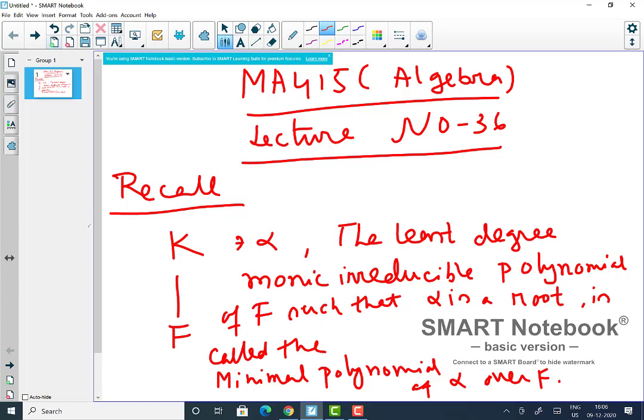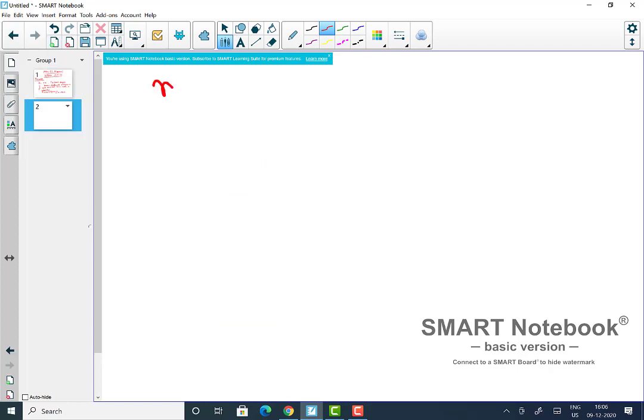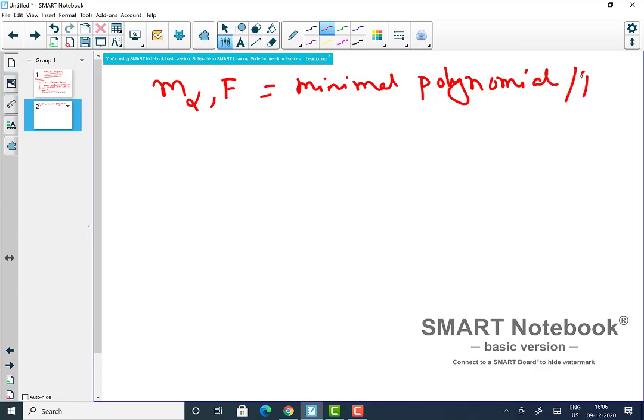And then we define this by the symbol m_alpha,F. Okay, so this is a minimal polynomial over F. And we define the degree of alpha as the degree of the minimal polynomial. Degree of this polynomial